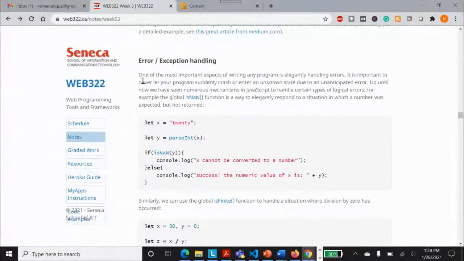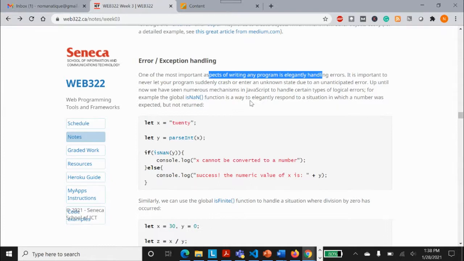Anyhow, error and exception handling has the same method that we used in our other languages. Exception handling usually comes in object-oriented languages when we have an expected runtime error, and we try to handle that runtime error. It is one of the very important aspects: elegantly handling errors and gracefully exiting out of the program.